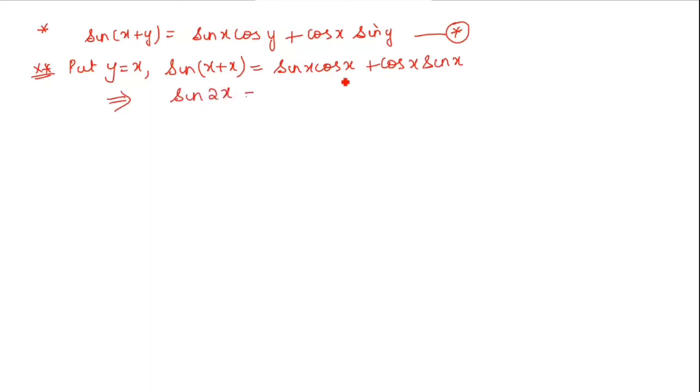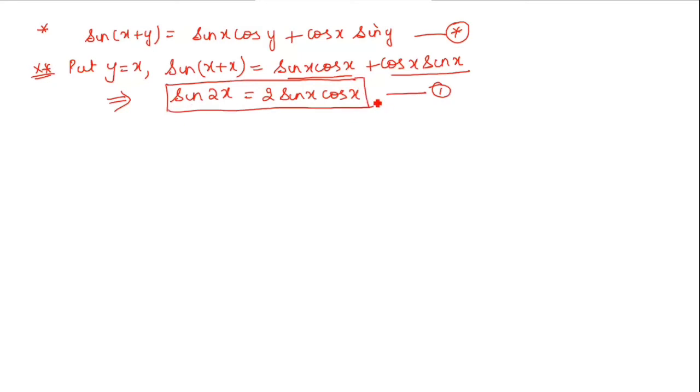Sin 2x is equal to, isn't it the same term repeated once again? Sin x cos x, here also sin x cos x. So can I write sin 2x formula is 2 sin x cos x, 2 times. So this is the first formula which we are getting for sin 2x. Very, very important formula. Okay. So sin 2x is equal to 2 sin x into cos x. Now, we have only two formulas in this, okay, not four like the previous one, only two formulas. Now, how to reach the second one?